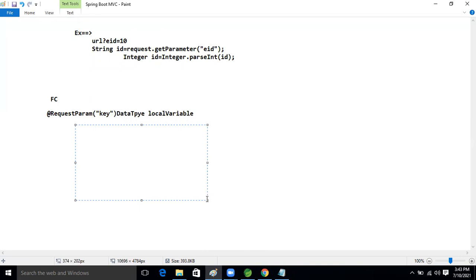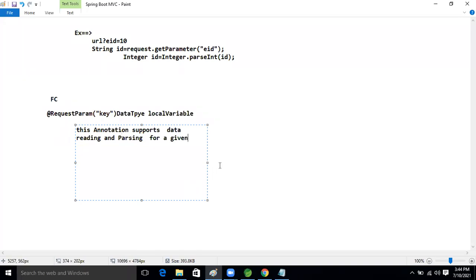Yeah, so good. So this annotation supports data reading and parsing for the given class or data.